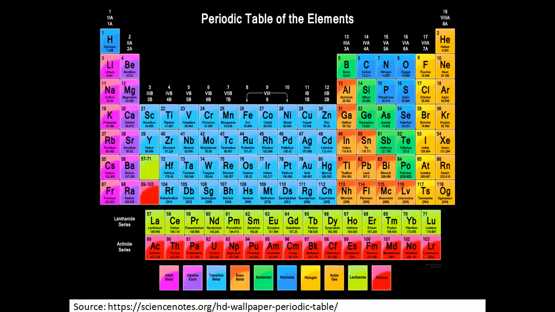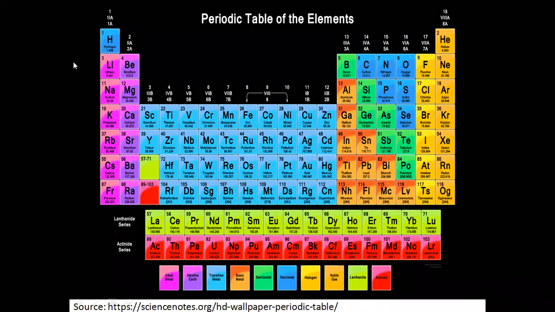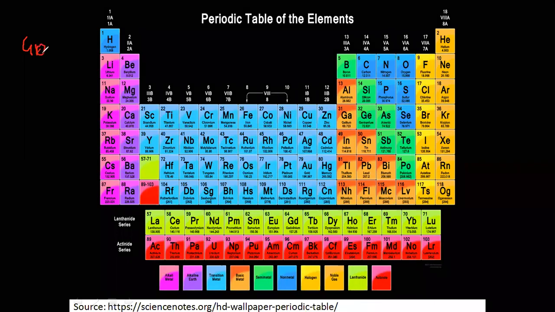Our today's topic is modern periodic table, in which we have to study the structure of the modern periodic table. As I explained in the last lecture, the modern periodic table consists of several groups, and along with those groups we have several periods. So how many groups are there? There are 18 groups and periods are what? 7. So in today's lecture, we are going to have a detailed discussion regarding the groups and the periods in